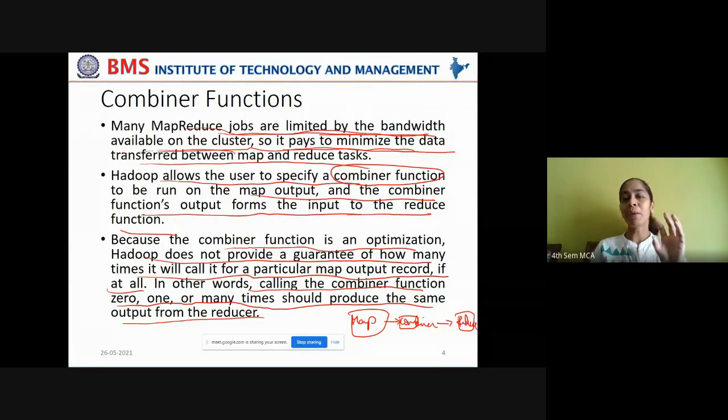Remember, the combiner is like an add-on to optimize the data transfer between map and reduce phase, but it doesn't influence the output in any manner, right?